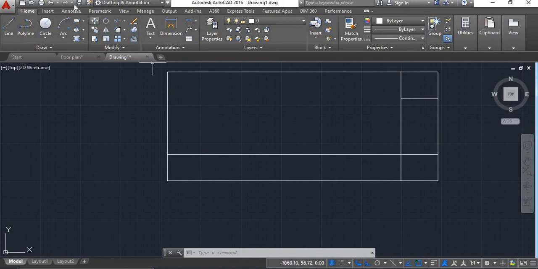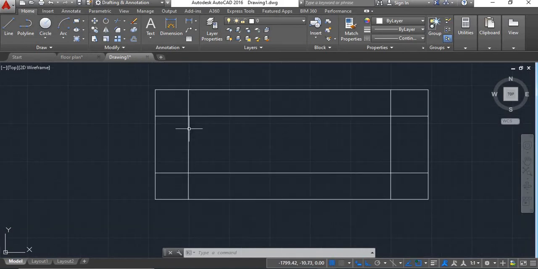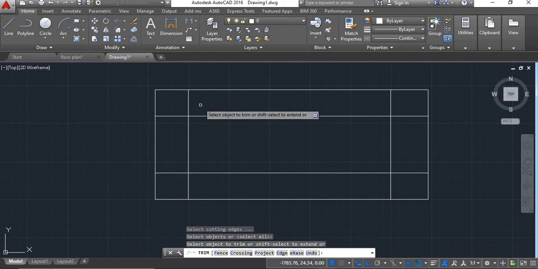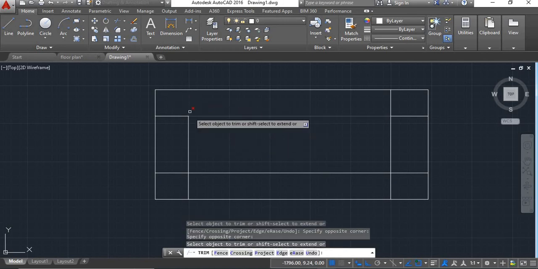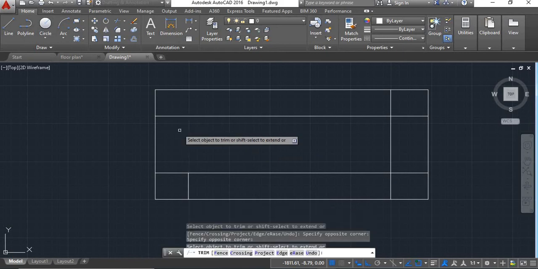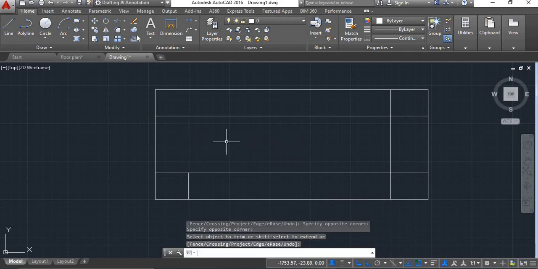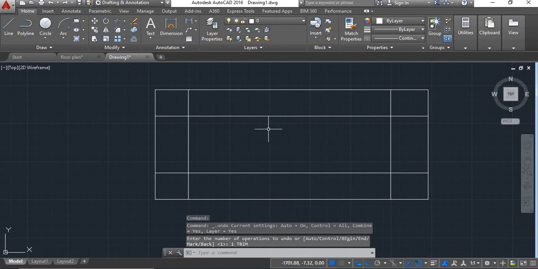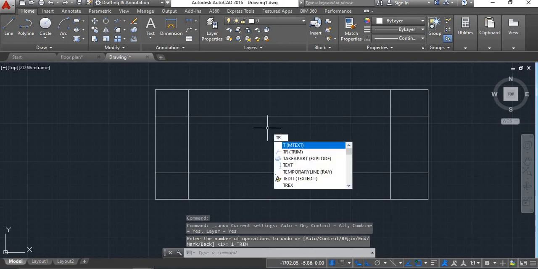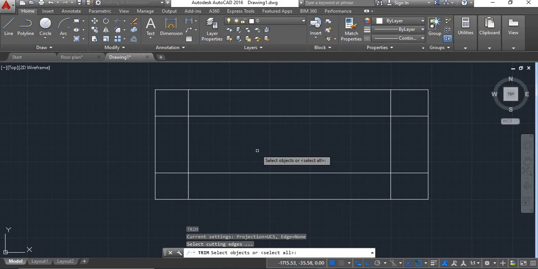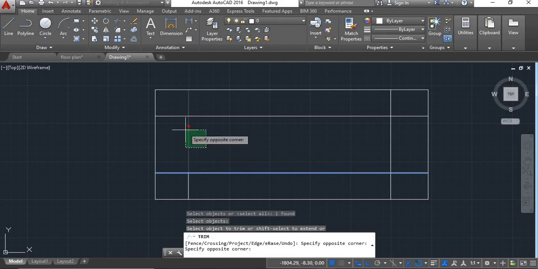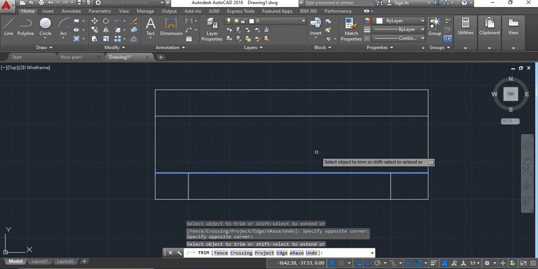Now the second option is, suppose I want to delete these vertical lines above these horizontal lines. If I take trim and give double enter, then I'll have to select this portion, and again I'll have to select this portion to erase. But if you want to do it in one shot, then give the trim command, say enter, give enter only once, then select this line as a reference line, again say enter. Now select this line and select this line.